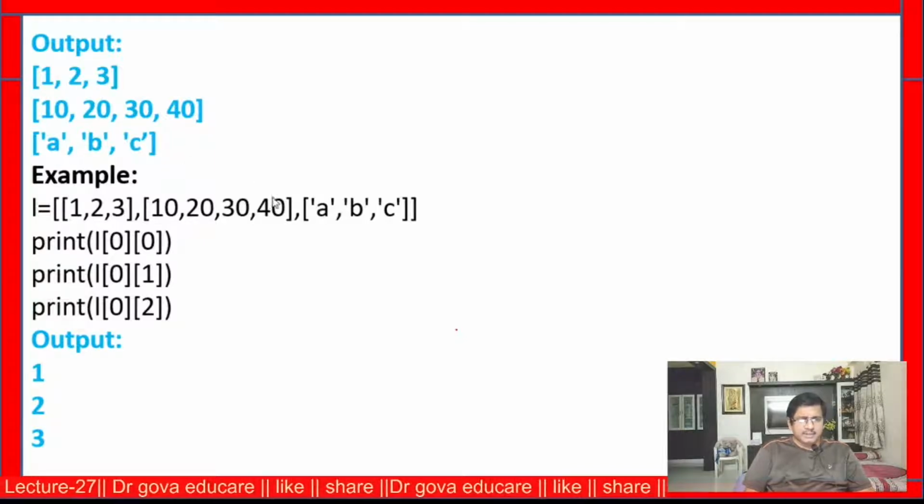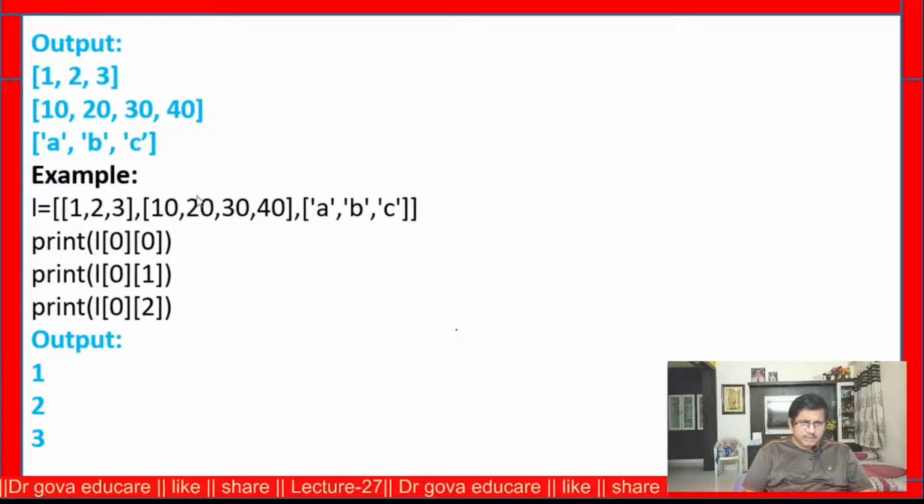Now this is another example. This is the list 1, 2, 3. This is the zeroth list, first element, second element. In the first list, this is L of 0, 0, and this is 0, 1, 0, 2. For this statement, 1, 2, 3 will be displayed on the screen.